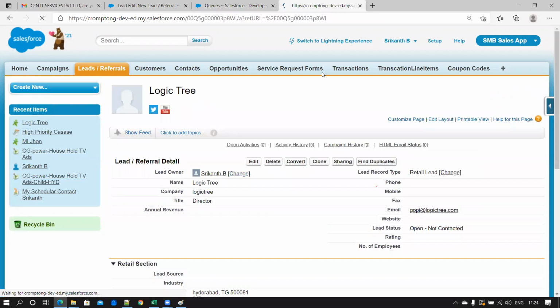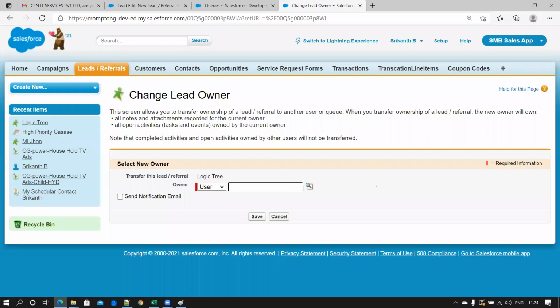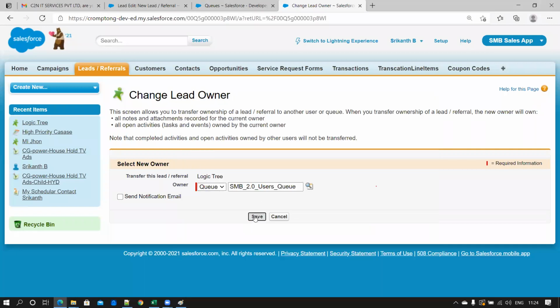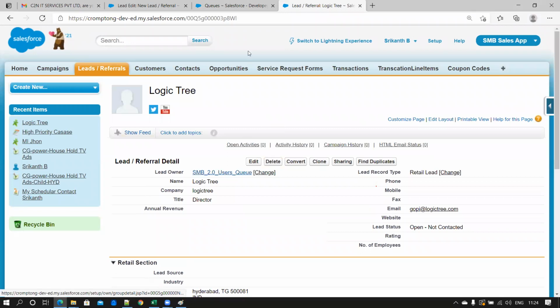So now, you can change like this. Either you can put a user or you can put a queue, and I'm giving a queue here. Save it. Right? So for a lead